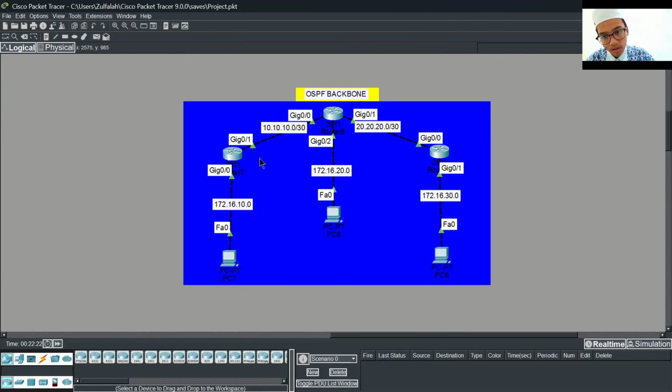For example, router 1 has networks 172.16.10.0 and 10.10.10.0, but it doesn't have 20.20.20.0 and the other networks.